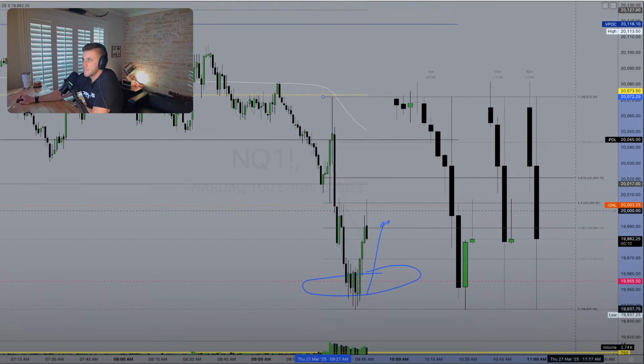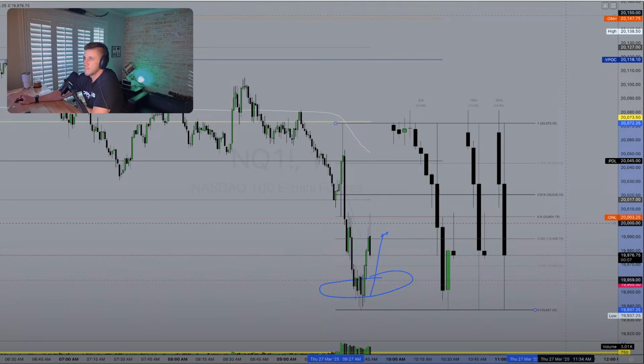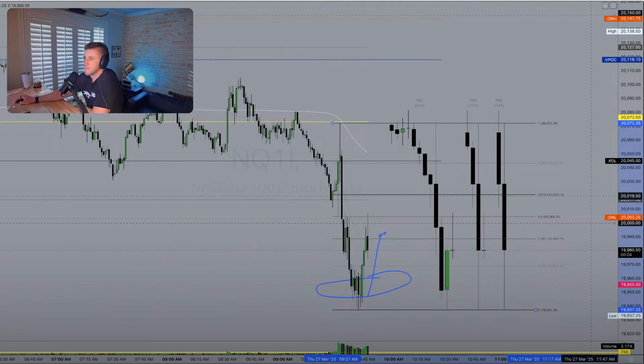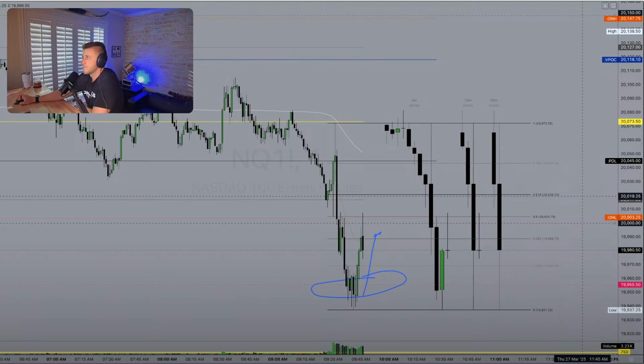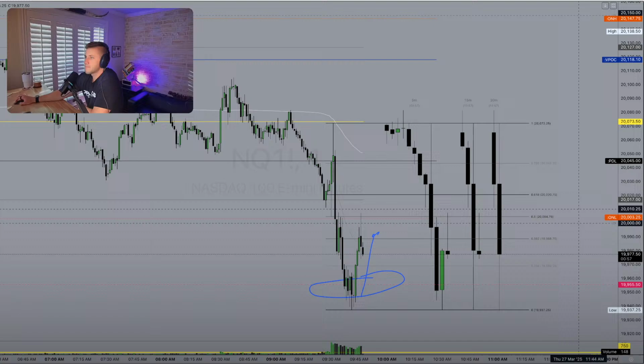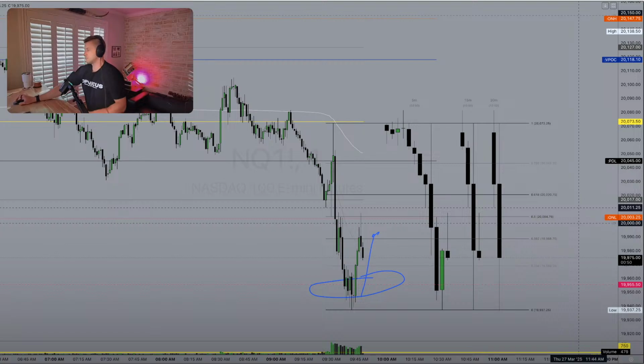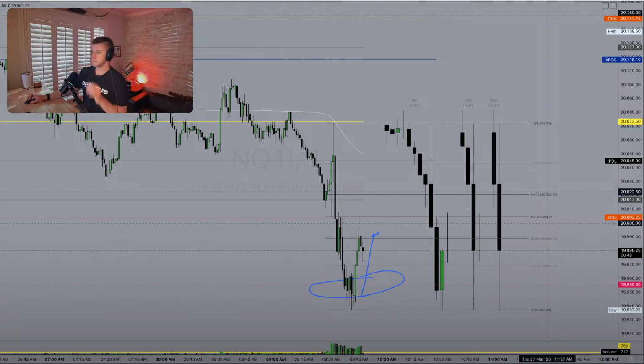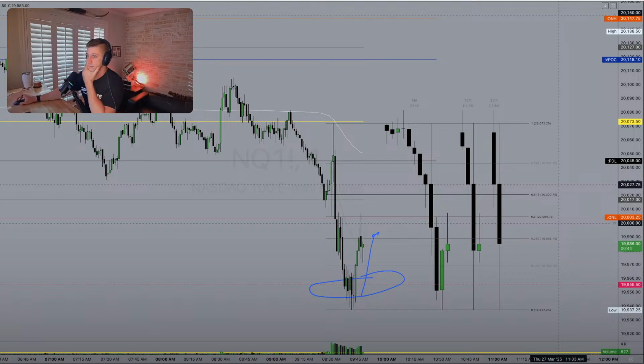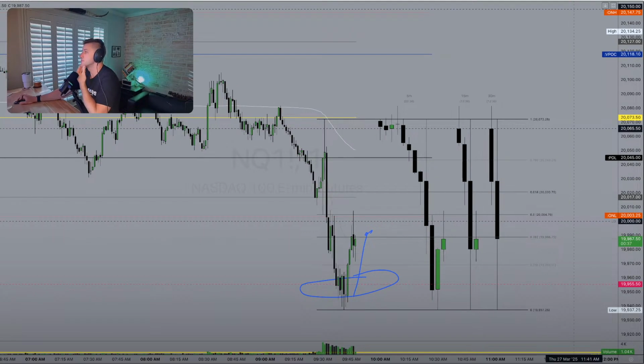Right at that overnight low. Now it's a little bit of a tricky spot here.